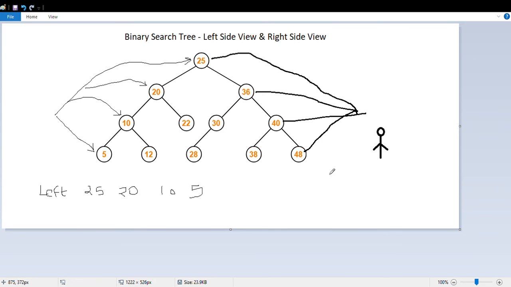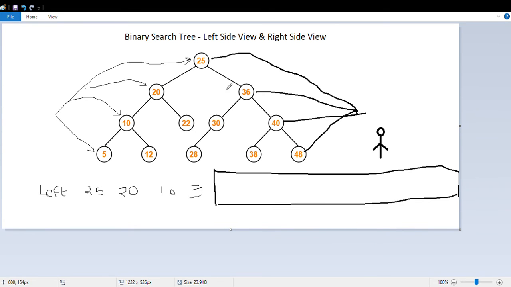For example, for the right side view, we first add 25 to the queue, and when we add the next level elements, we will always start from the right side of the tree.